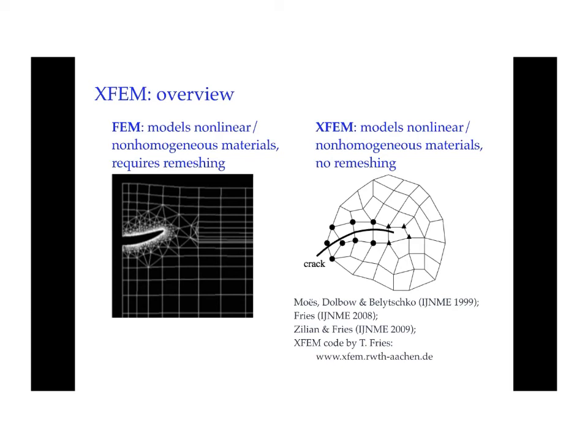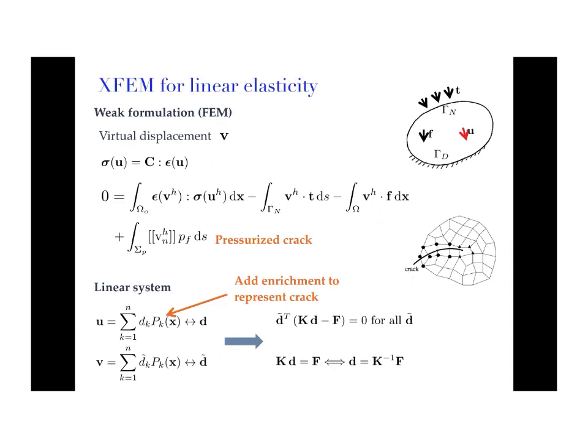And what you need to do is that those nodes, which are illustrated in black circles, have to involve not only polynomial shape functions, but also discontinuous shape functions to represent discontinuous displacement and stress across the crack. And those nodes, which are illustrated with black triangles, in addition to discontinuity, they also have to involve a singularity to represent singular displacement and singular stress. So that's the main idea. And now